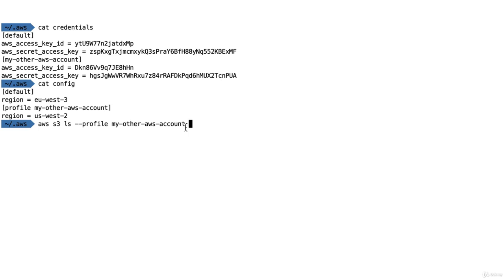So that's it. It's not something you should know for the exam, but it's something you should know as a developer, and I like to give you real world tips. So if you start having multiple AWS accounts, make sure to use profiles and to set your command line to use the --profile command line argument to target the right AWS accounts.